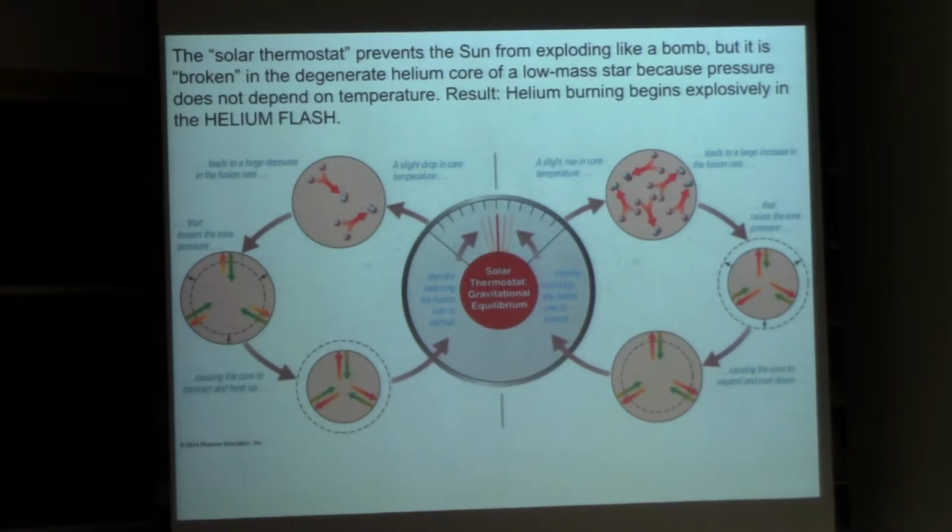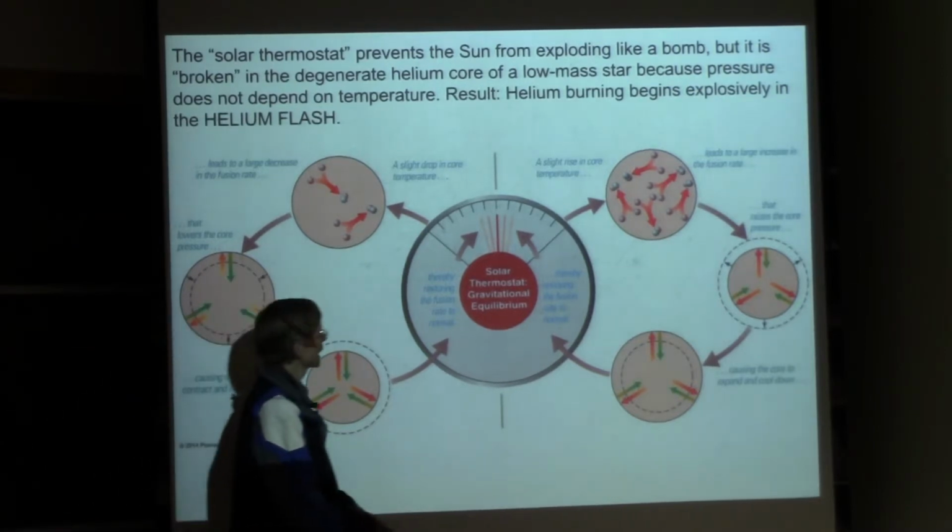So let's first talk about why the sun is not a bomb today. Why the sun doesn't just blow up. This is a good thing, because we would not be having this conversation if the sun was going to blow up. So, the sun has negative feedback today. Remember we talked about clouds being a climate control mechanism for Earth, so to speak. The sun has a kind of climate control mechanism in its core that we can call the solar thermostat. It's broken in the degenerate core, and so it doesn't work, but